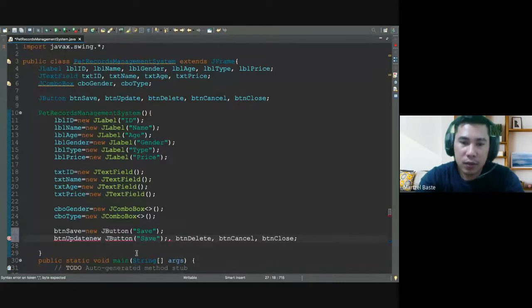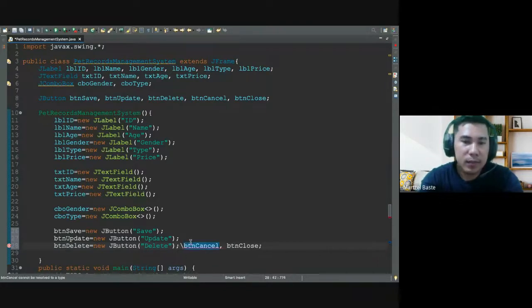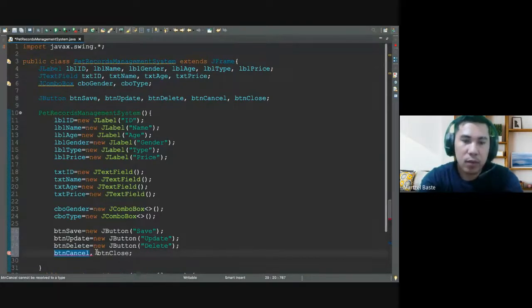Okay, so let's say we have here update, and we have here delete, and then let's do this also to cancel, and to the button close. Okay,